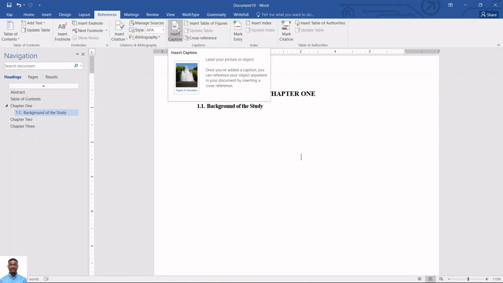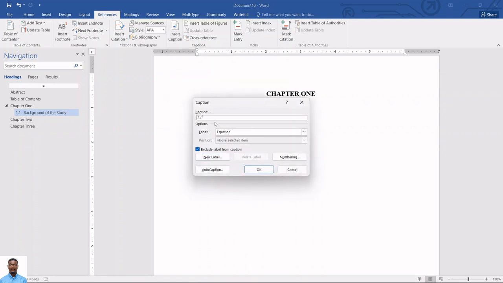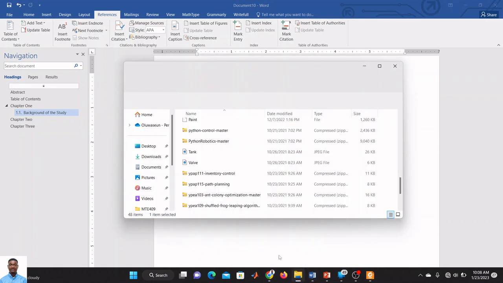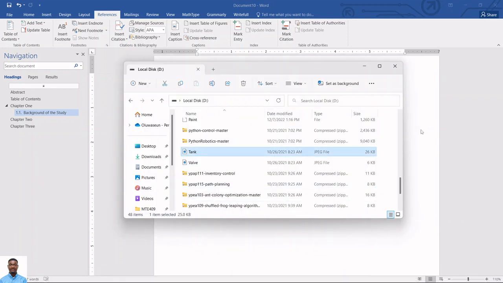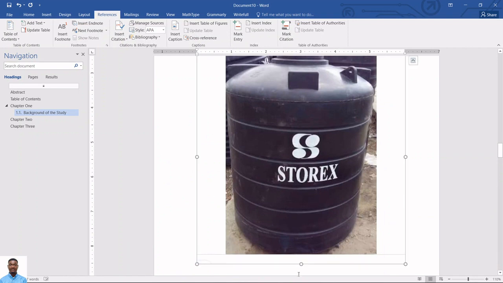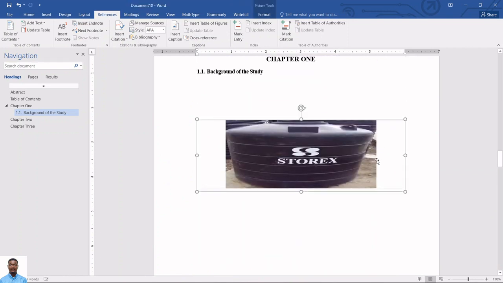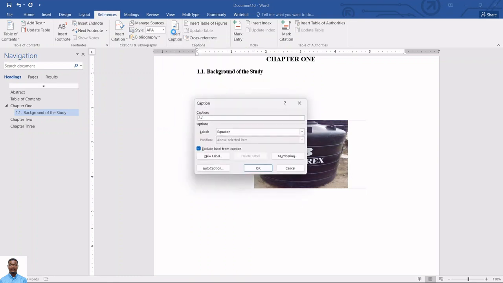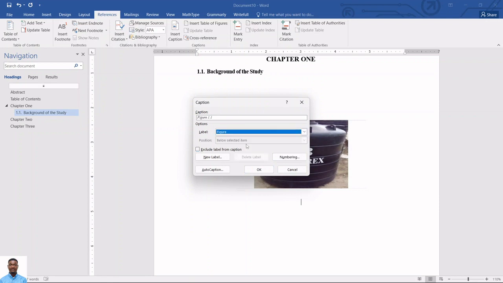So let me say I want to insert a figure in this. Let me say I have a figure here. Let me copy a figure, and I say I want to put this figure here. Let's say this figure here is on chapter 1. And I want to put a caption. So I'll come to captions, insert caption. This is a figure. So I'll click on figure from this drop down, and I see here